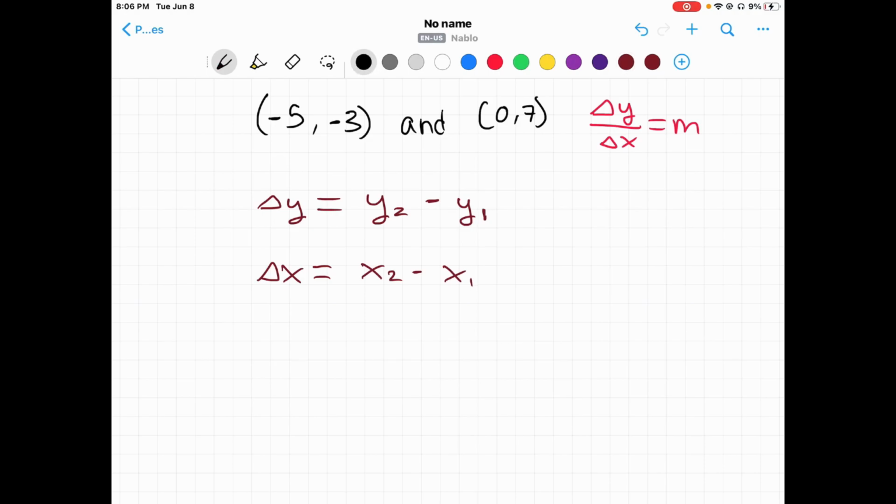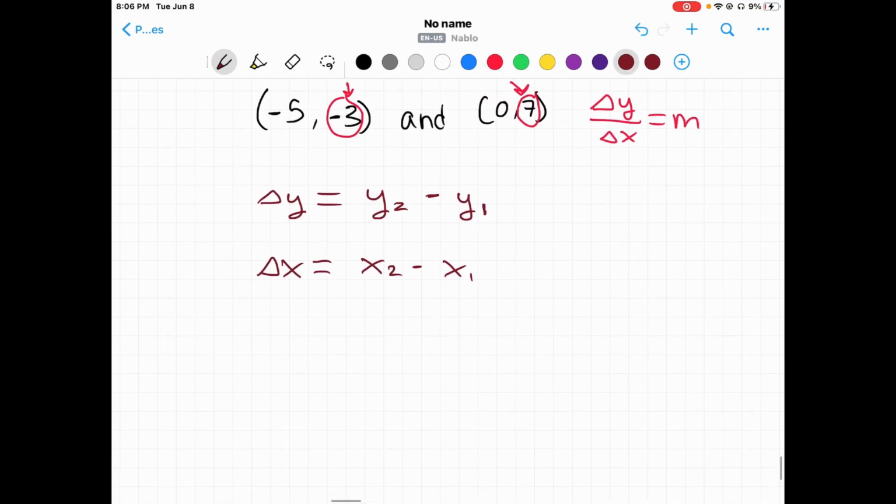Now, in this case, our y2 is going to be 7 because it is the second y value of the two coordinate pairs we were given, and -3 is our y1. So in this case, a change in y would be 7 minus -3